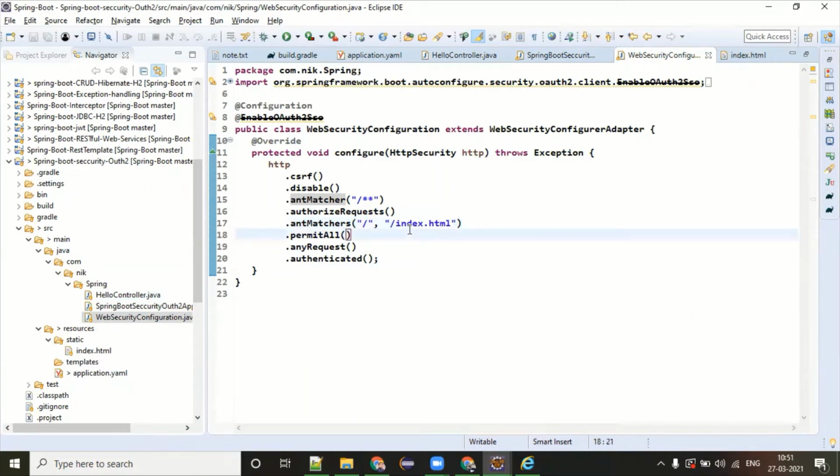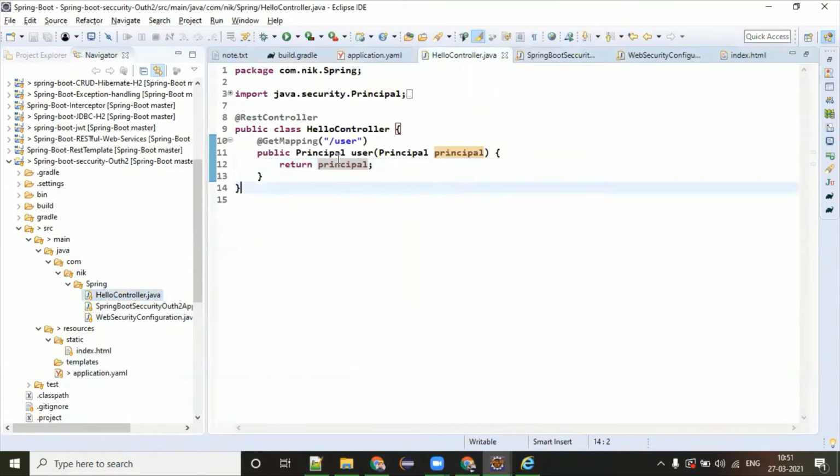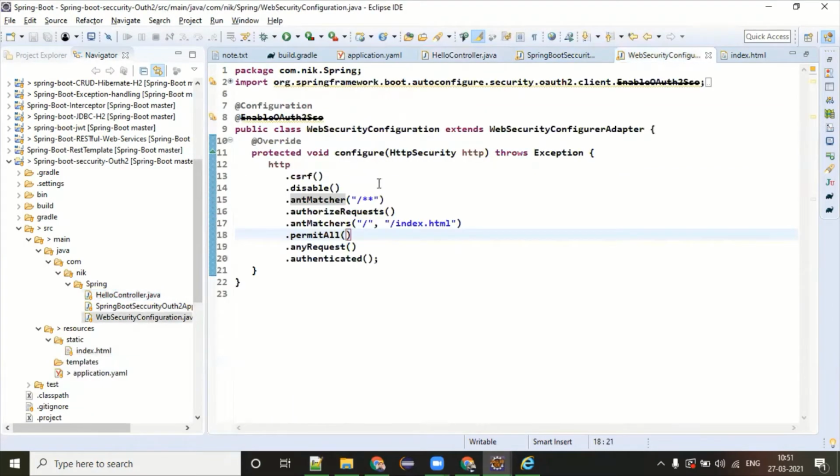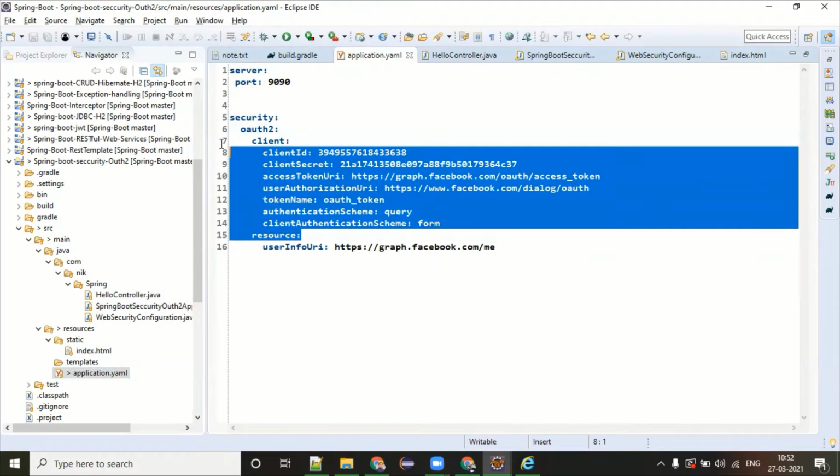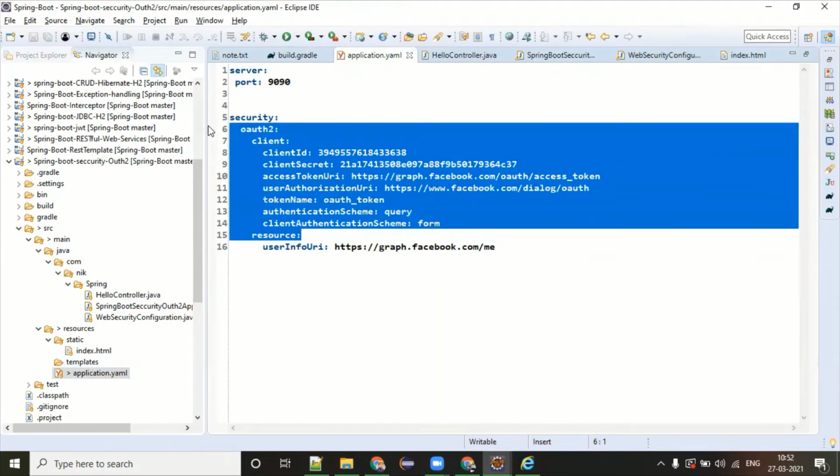The moment index.html is clicked, then the hello controller comes into the picture, and this slash user is going to be hit. Since you have already given the complete information related to your security OAuth2 client, with this information the related configuration is going to be automatically created.